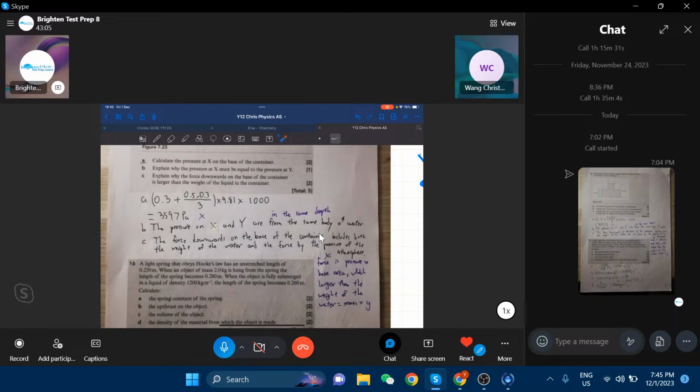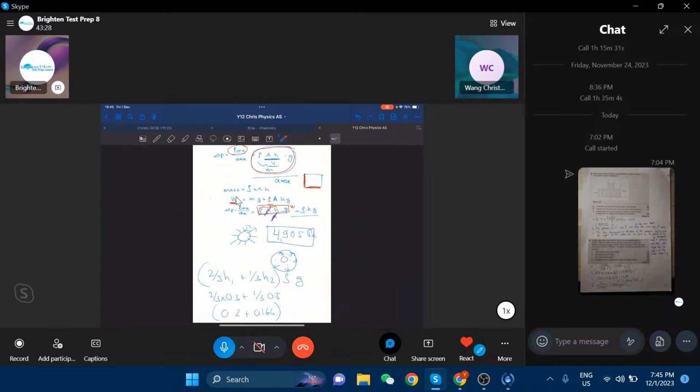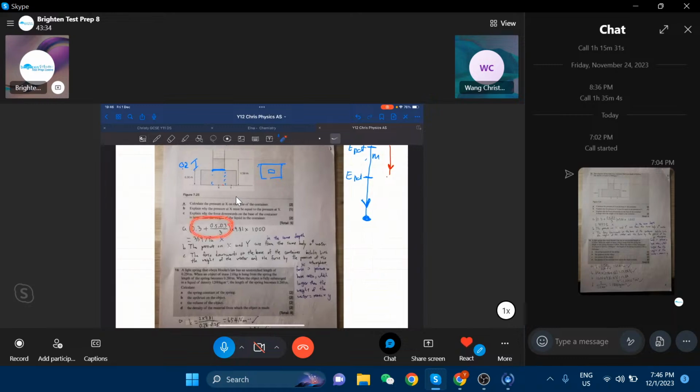So why, okay, but that's for C. Why the force downwards on the base of the container. But that's a different one. You talk about C now, Chris. Yeah, right? That's a different story. Right? Okay, I mean I do not agree with that result. Sorry, because you're on the right track. It's just that you have put the numbers a bit wrong. It gives the same result, but what I'm saying is that